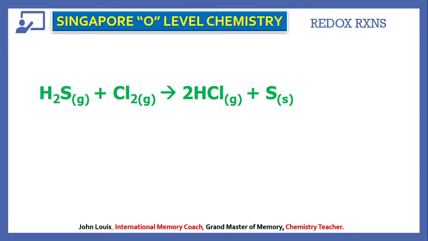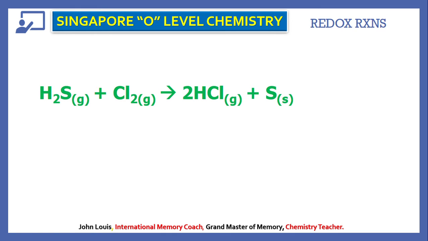So in the previous two videos, we have learned oxidation, reduction, oxidizing agent and reducing agent. All the definitions were based on oxygen. Gain of oxygen is oxidation, loss of oxygen is reduction, like that we learned, and based on that we have seen some examples also. But in this presentation we are going to have another definition based on hydrogen. Okay, before we learn the definition, let us try to understand from this equation.